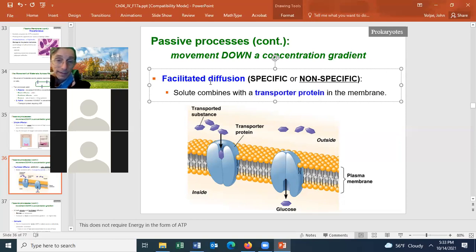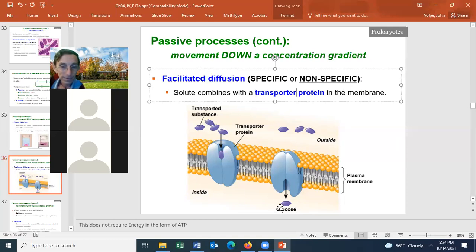And that is not facilitated diffusion. Active transport is where the molecule moves from areas of low concentration to areas of high concentration. Facilitated diffusion, the molecule moves from areas of high concentration to areas of low concentration. Now this slide is showing you with glucose, and I'm going to tell you don't